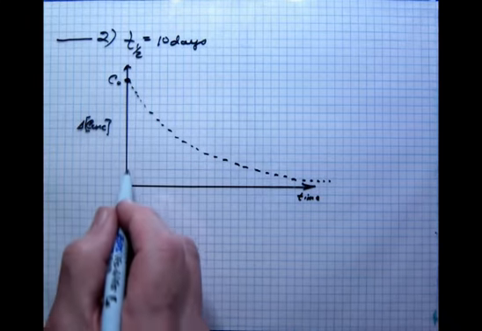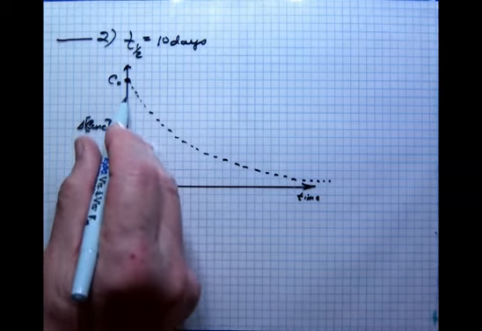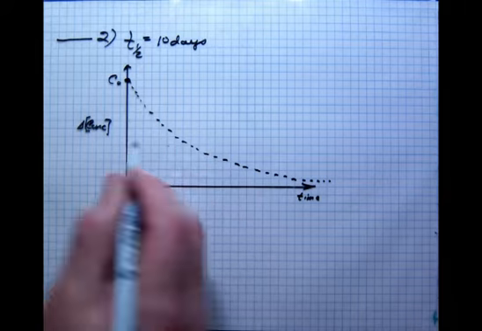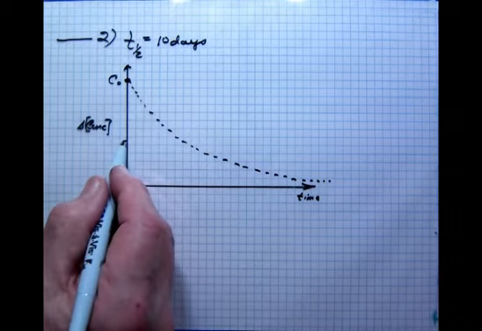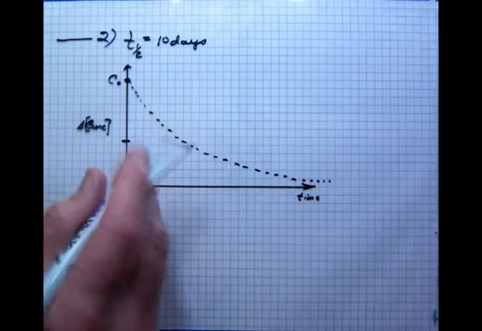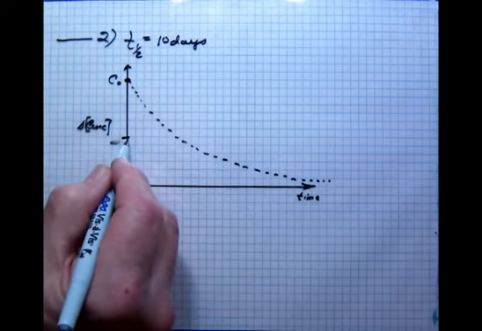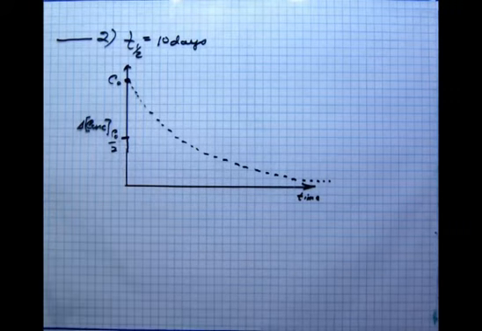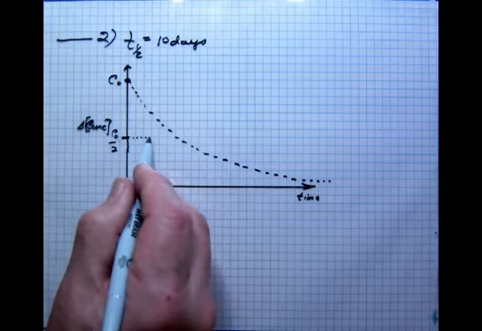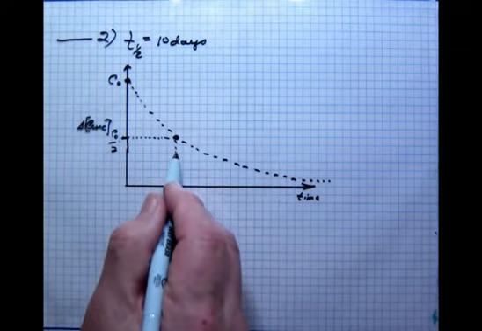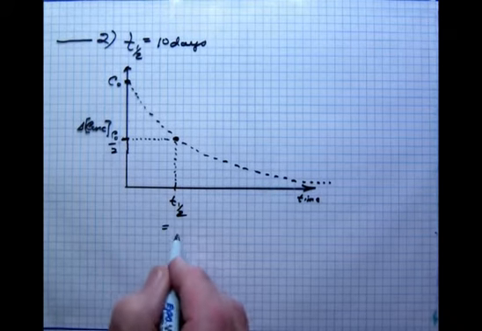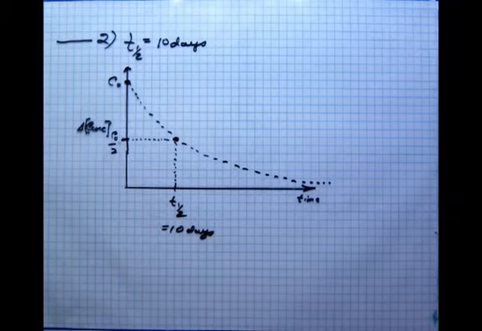So halfway, I'm just counting, you get the point. Now, let's say that's the C sub O over 2. Coming over here and straight down, and that's 10 days. Now, when we talk about this 10 days,